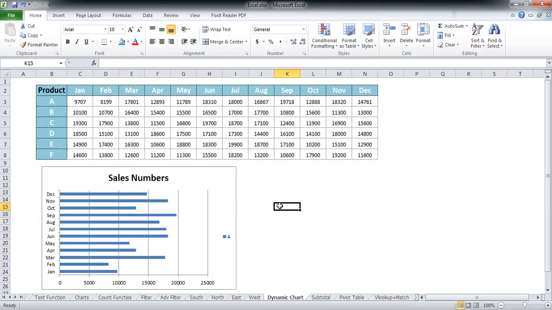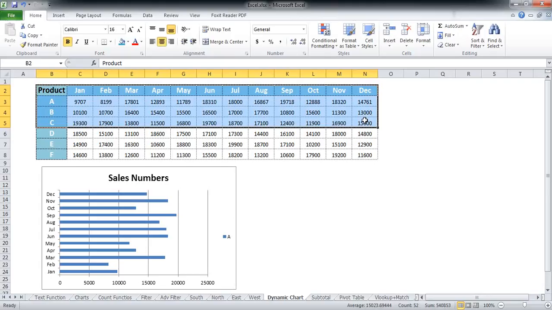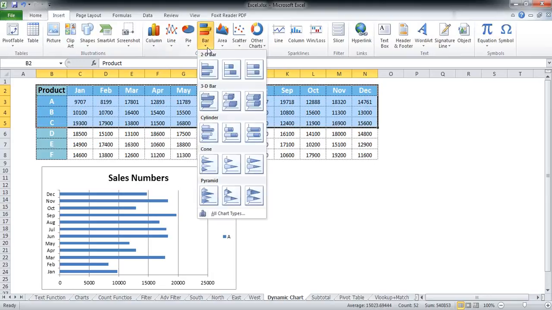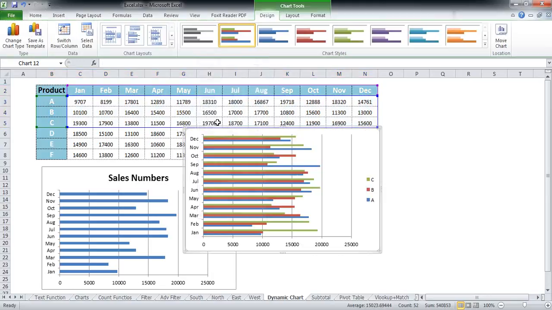In the later part of this session, we can discuss how to represent multiple series in the same chart. Say in this case I want to represent two series in my chart. Let's just take three. What if I wanted to represent three different products in the same chart in Excel? So again I begin with selecting the data on which I want to build my chart, going to the insert tab, clicking on the bar chart over here, then clicking this button, and then you can see